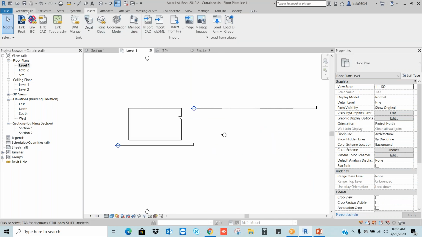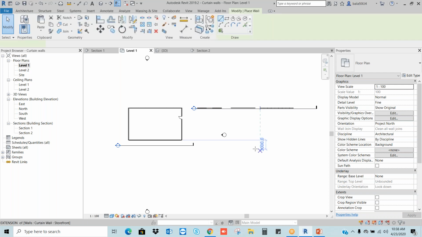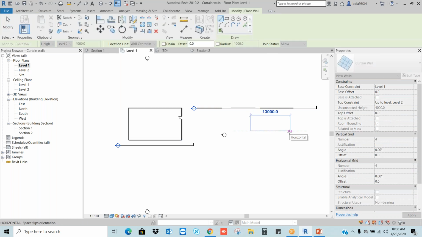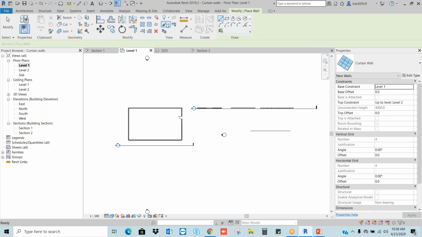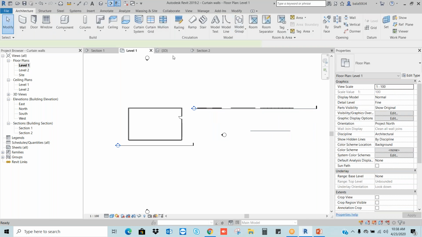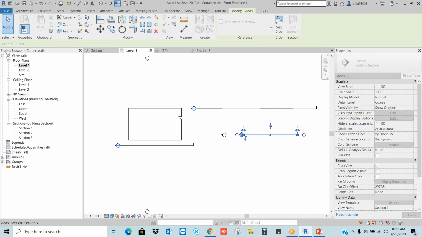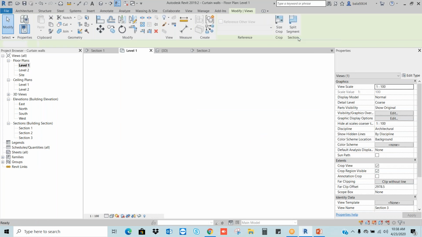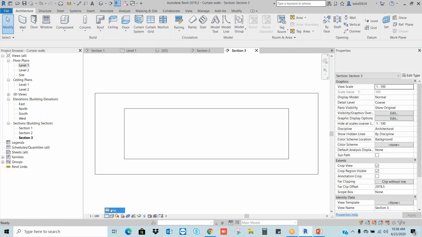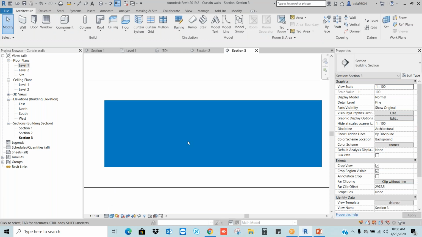Now I want to add one more different kind of curtain. Okay, I'm taking the wall. Here I will go to the section. Always we need to use the section while working in Revit. So it is very important.